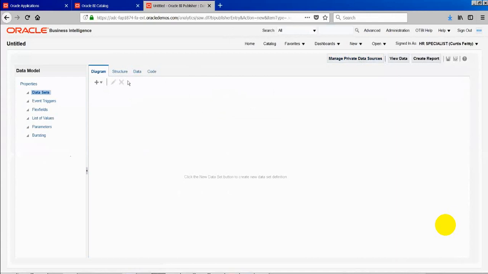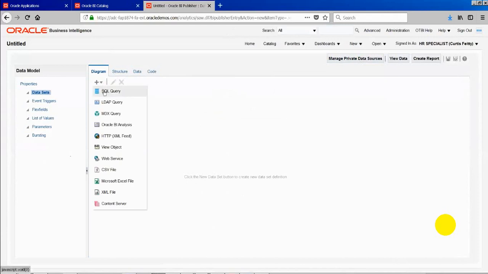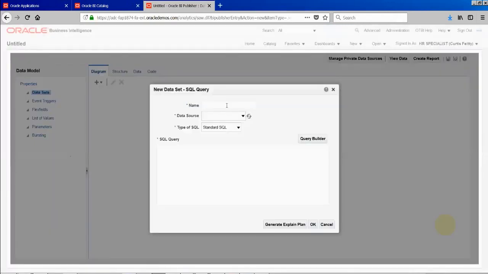How do we write the query here? We have to go and create a data set, and to create a data set, go here and create a SQL query. The remaining things I'll talk about later, as it's a different topic. Here we need to write our query. Before writing the queries, let us understand, for our scenario, what are the different tables we can access. All the user data will go into the PER_USERS table.